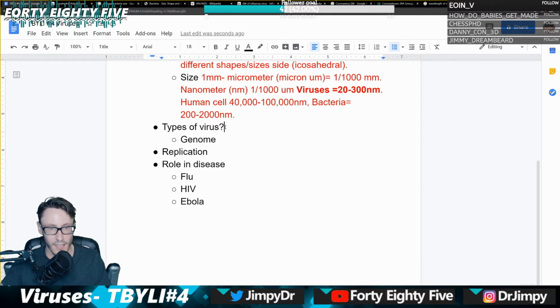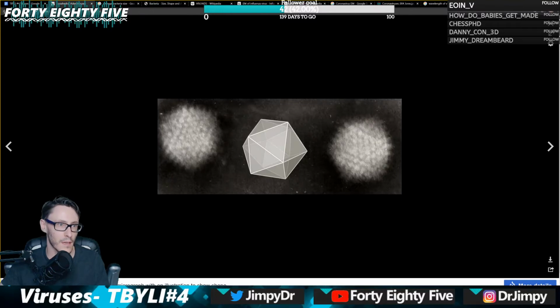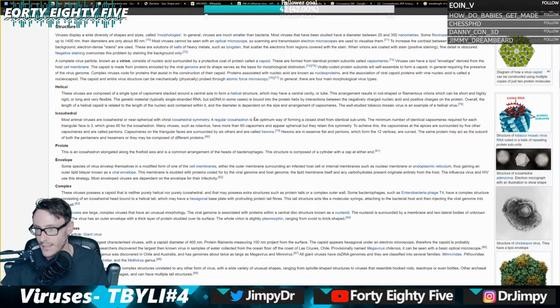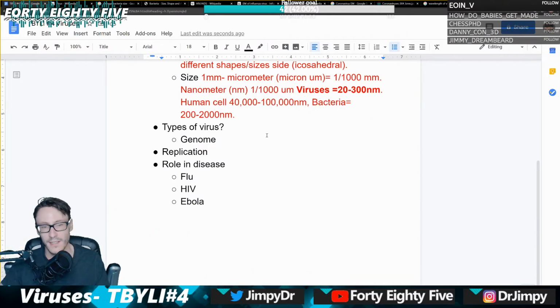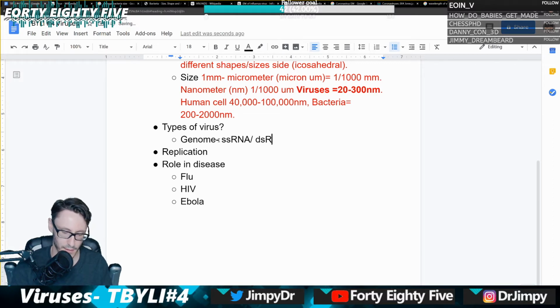Okay, so we're going to touch on the types of virus you can get. Aside from standard viruses and phages, which we've talked about, we need to talk about the genomes. As I mentioned, you get RNA versus DNA genomes. The genome structure is going to tie in quite a lot with the replication, which we're going to talk about. So the genome is going to be single-stranded or double-stranded. This is also going to tie into the role of the immune system in detecting viruses